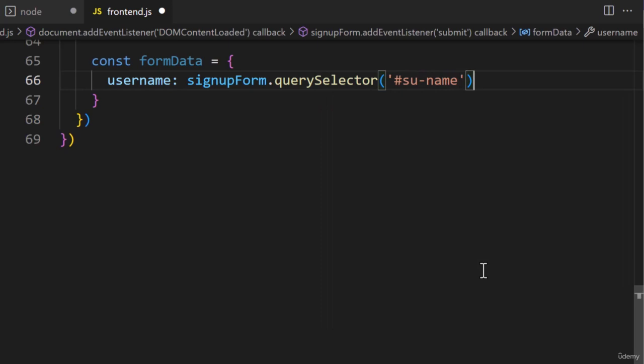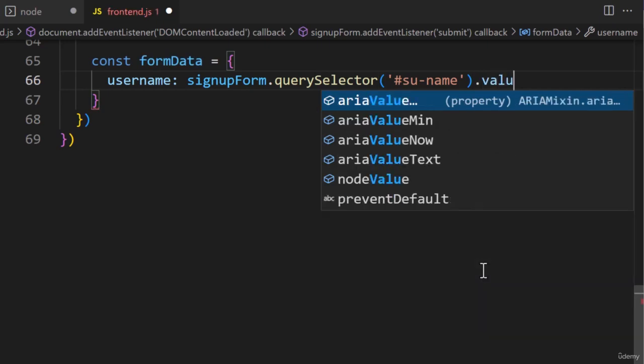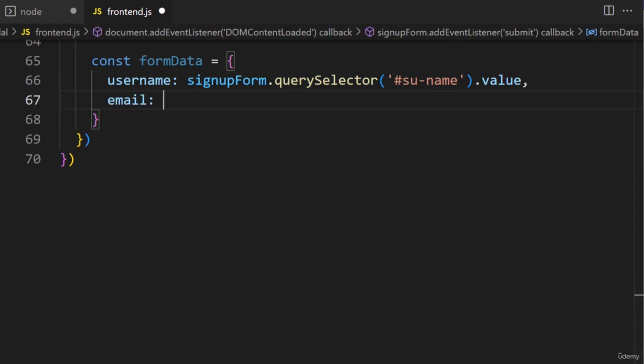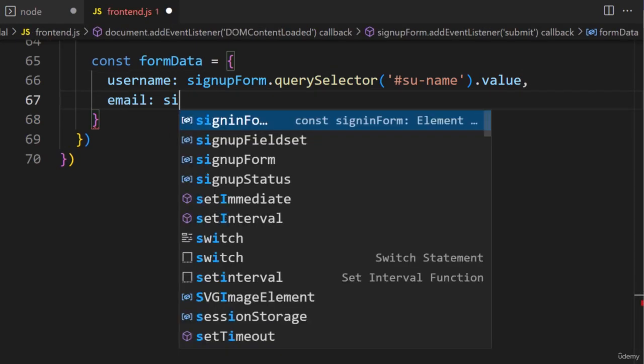We're selecting an input element. Input elements have a special property for extracting the value of an input. After selecting the input, add a property called value. The value property will contain the value from the input. We are going to do the same thing for the email and password. Add a property called email. The value for this property will be the following,